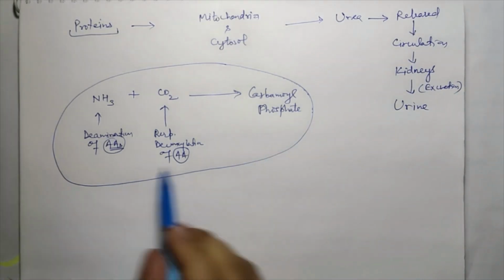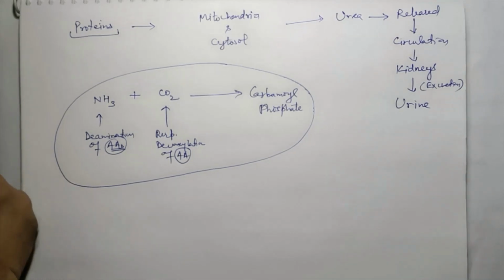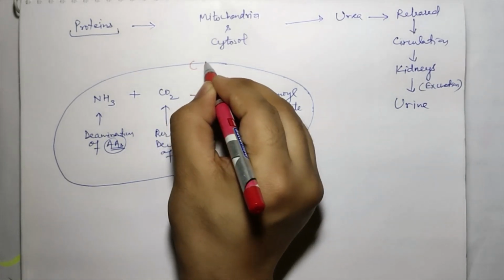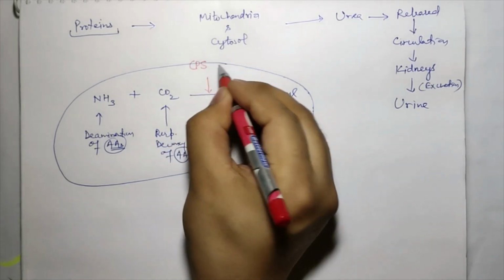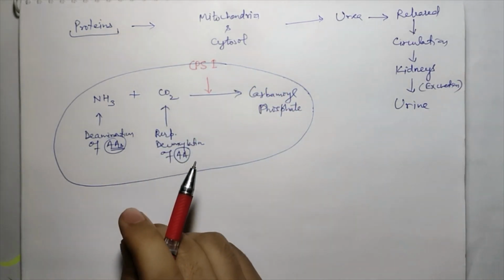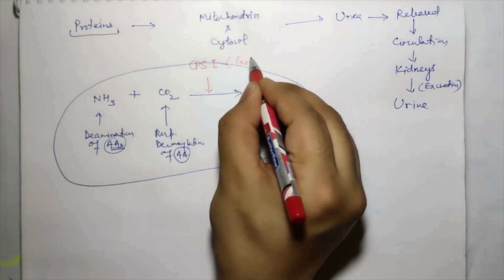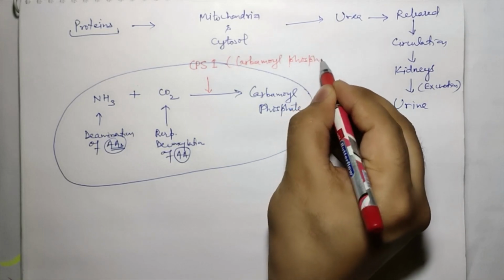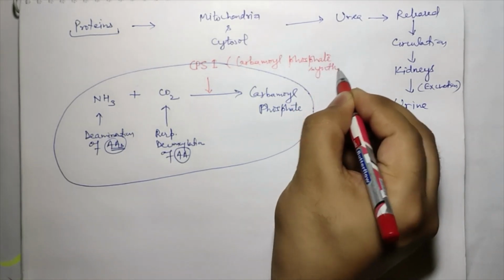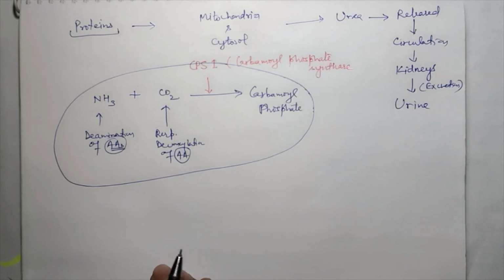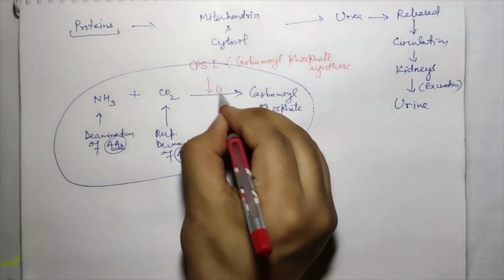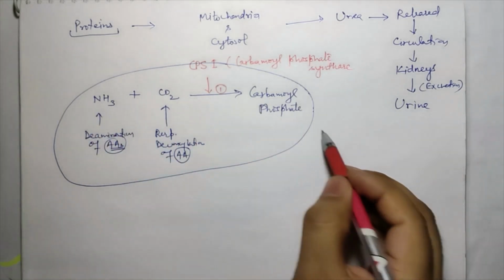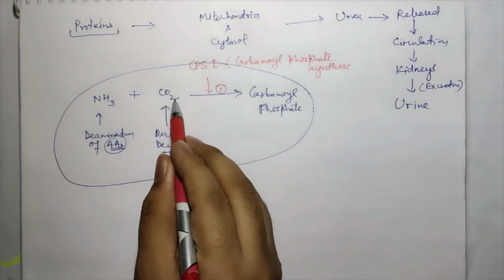This reaction is catalyzed by an enzyme called CPS1, that is also called carbamyl phosphate synthase. And this is the first step of formation of urea from ammonia and carbon dioxide,